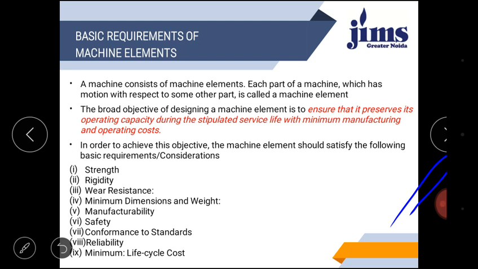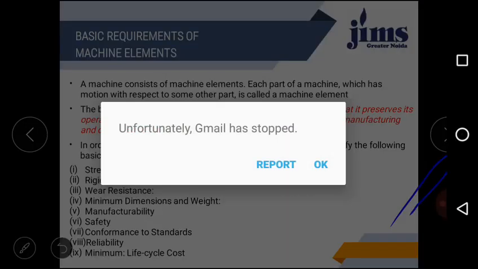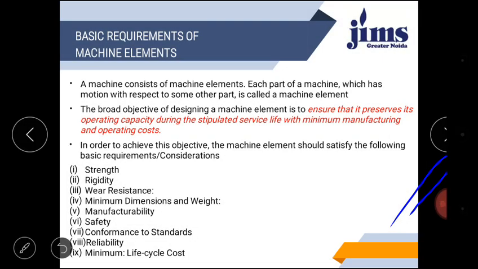or a particular machine. So in that continuation we have already seen some steps involved in designing a machine element, and we have also discussed that a machine is a combination. A machine may be a combination of different types of elements. Machine elements means different components, so individual designing of that component is also part of machine design or machine element design. So in that respect and in that order we are going to discuss the requirements of